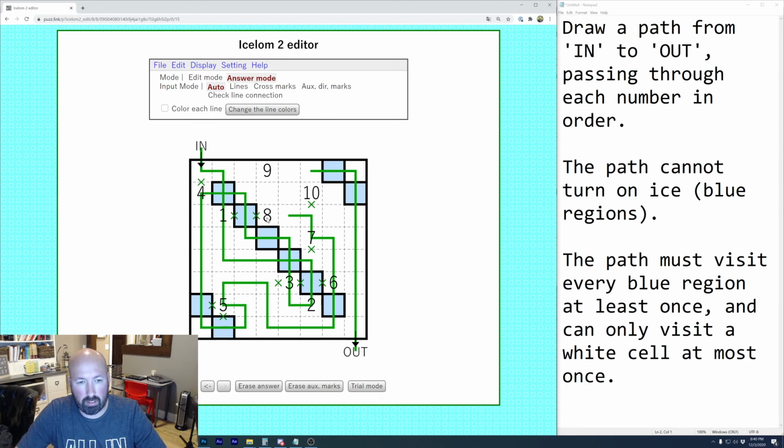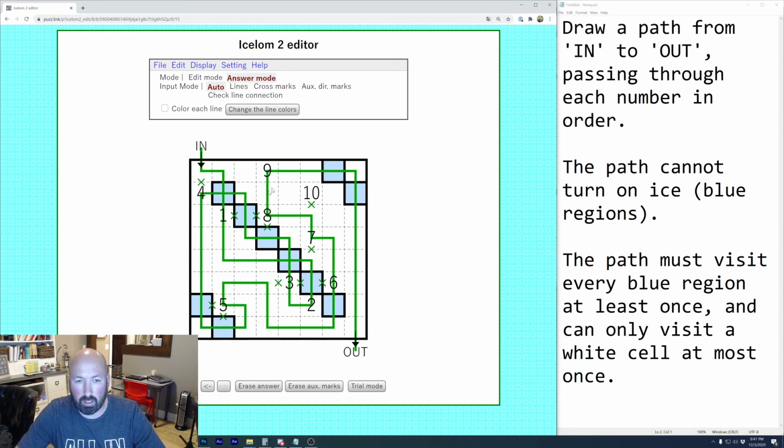And now the 8 is in a similar situation. We can't go left from the 8 and we can't go down. You can go through the blue, that's okay, but then we get stuck down here on a T, so it can't come down. So the only way to come in and out of the 8 is like this. From here, we have to go, again, if we went this way up to the 9, it would be trapped. There'd be no way to get out from the 9. So it has to go straight up to the 9, turn this way, and now we could connect there and